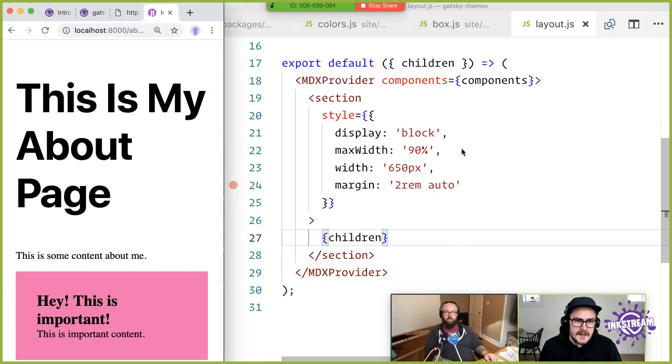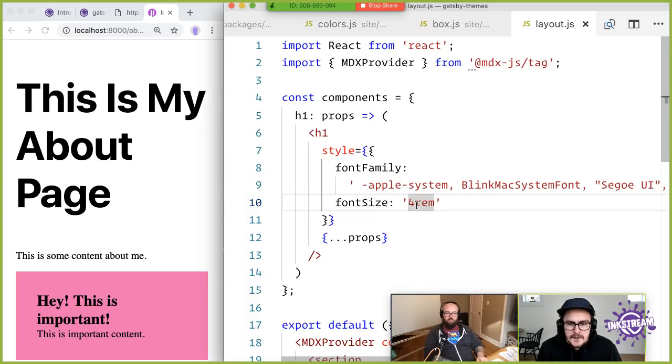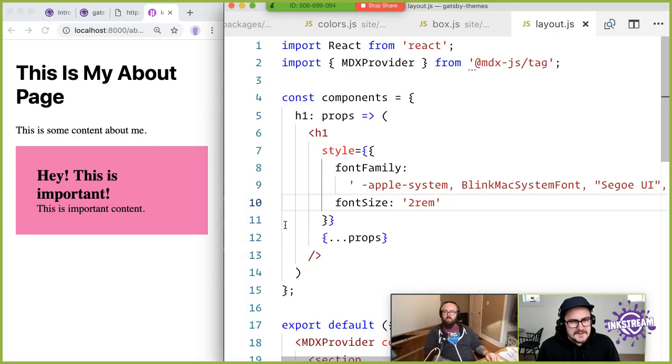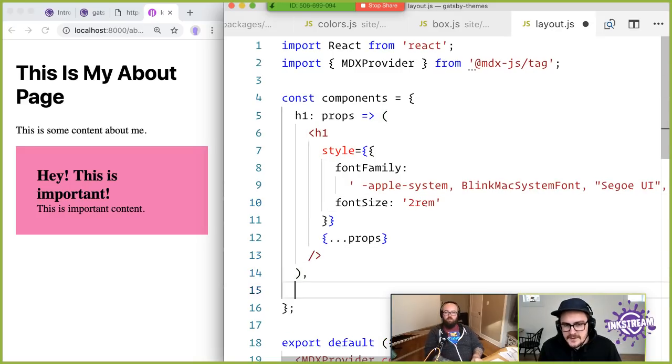And so, yeah, just like that. We maybe make that slightly less ridiculous. Yeah. And then also, while we're at it, we could change the paragraph really quickly too to have a nicer font family if we wanted. But yeah, let's do it. Yeah, the idea of the MDX provider is you create this